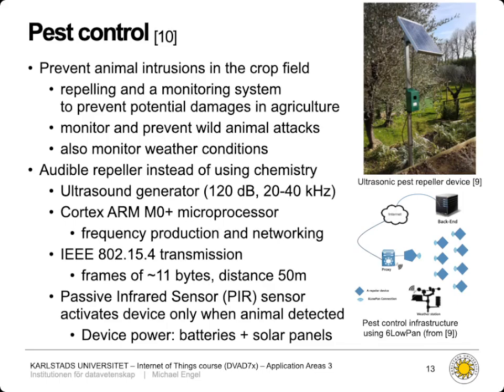And you can actually use something to also drive animals away. So here we have a system that is a repelling and monitoring system to prevent losses and damages in agriculture. It should especially monitor and prevent the attacks of wild animals and also monitor weather conditions. And this is not using chemistry because, of course, chemistry is expensive and not good for the crops and